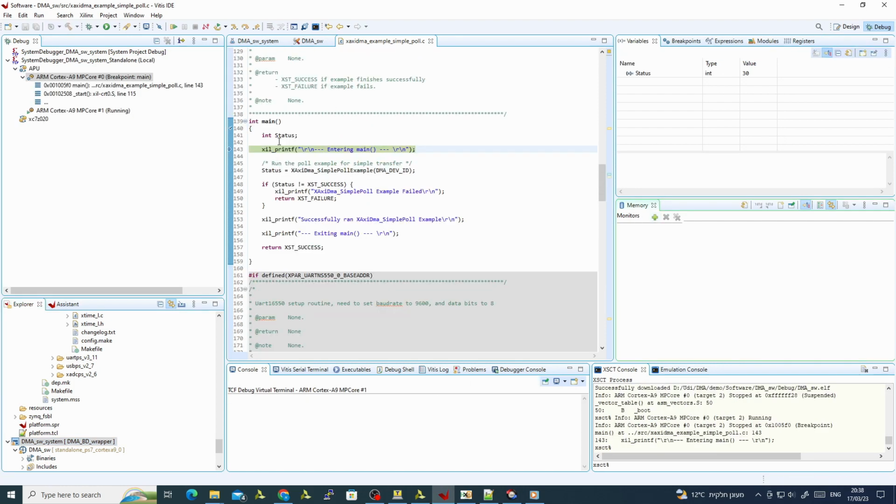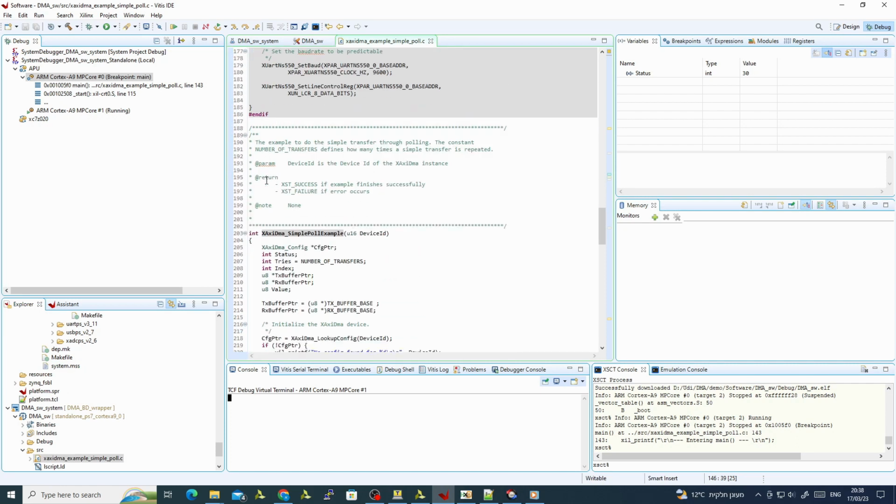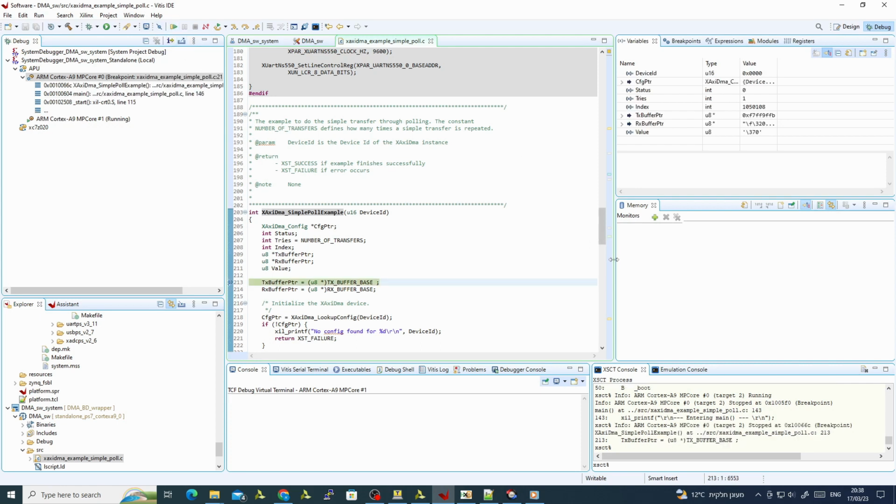Since we said the main function doesn't do much except for printing and working the simple example, we go straight to the simple example and make a breakpoint, and we'll run until the breakpoint. Now the first thing we have to do is define our TX and RX buffer. We define them from the parameters above,